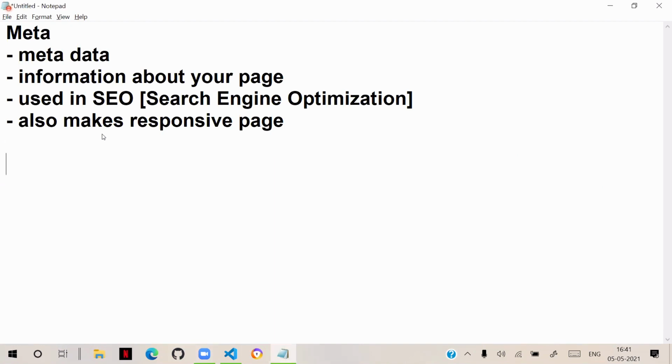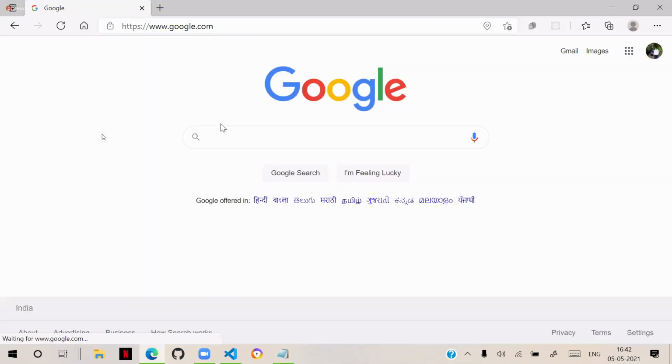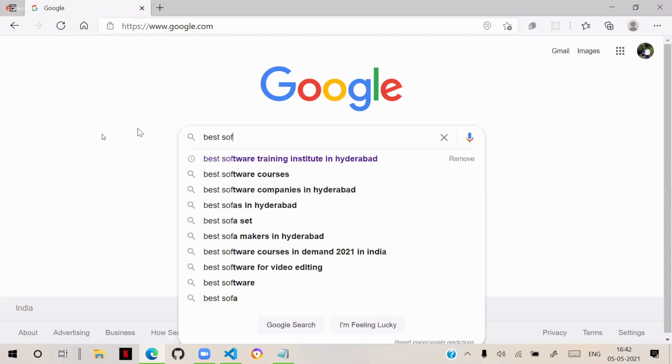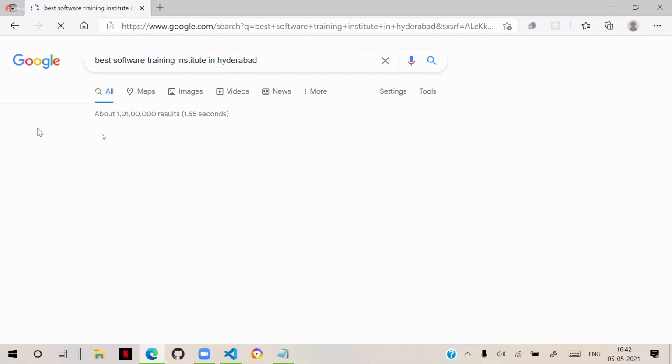For example, see, suppose let's open Google search engine. Here we are searching for best software training institute in Hyderabad. Then you can see some results come.